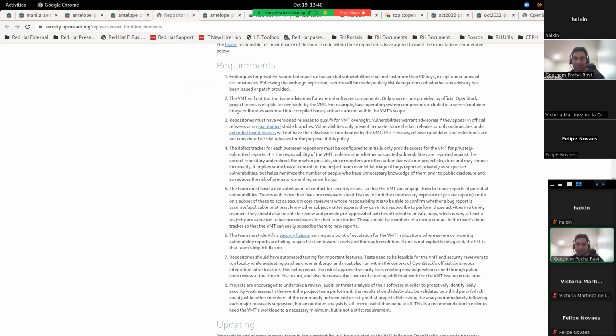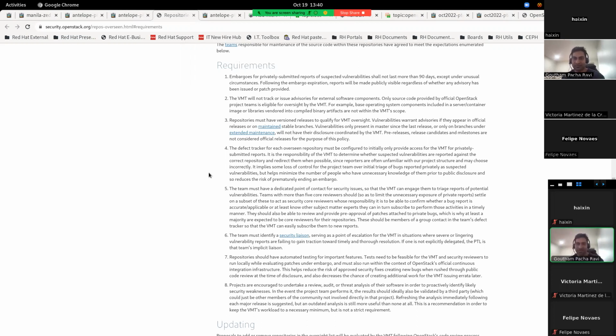So we keep transitioning branches into extended maintenance, and if there are security issues, we'll do our best effort to fix those security issues. But unless the security issue exists in a stable branch that we maintain and actively ship, it's not really under the purview of the VMT, and it'll be up to the Manila team to do whatever fixes. And the fourth requirement is that any private bug first be visible to the VMT so that they